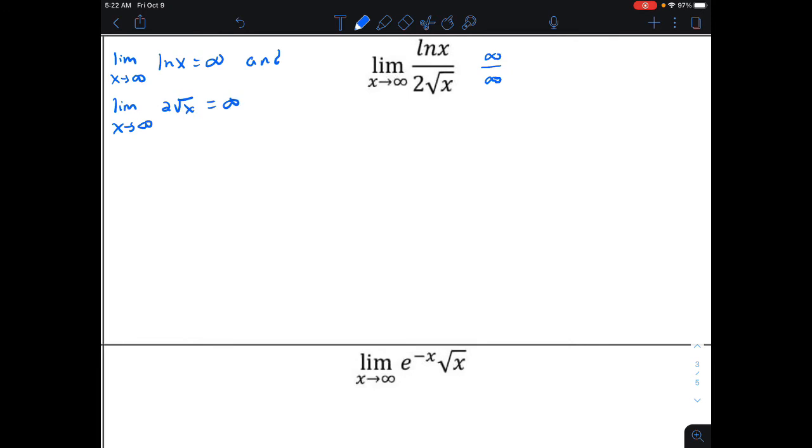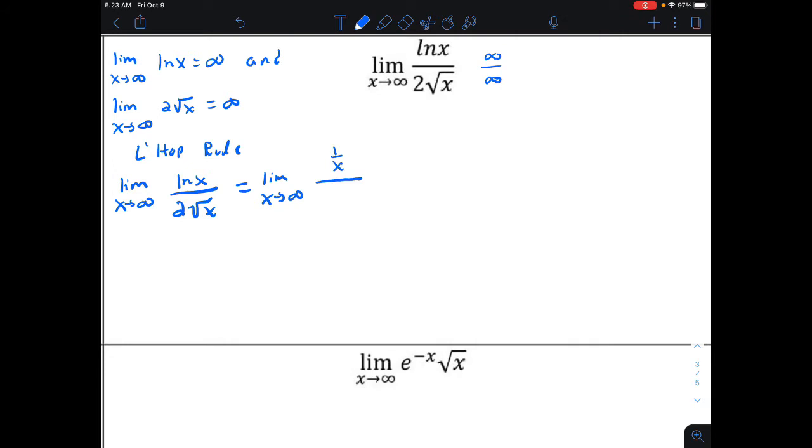So since that happens, we can do L'Hopital's rule, which says that the limit as x approaches infinity of our original problem, the ln of x divided by 2 times the square root of x, is going to equal the limit as x approaches infinity of the derivative of the numerator, which is 1 over x, over the